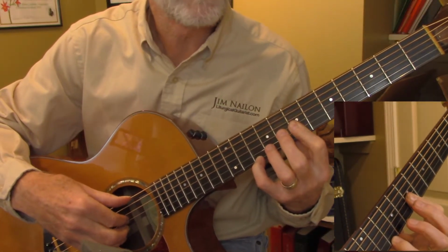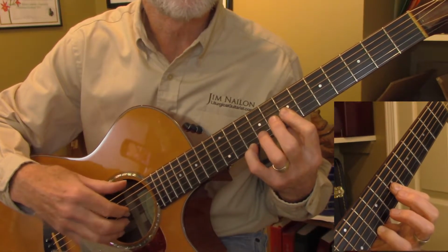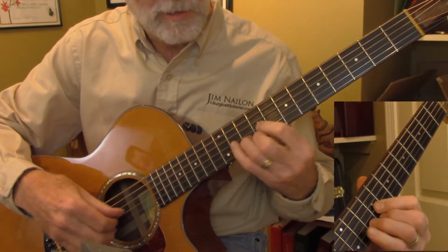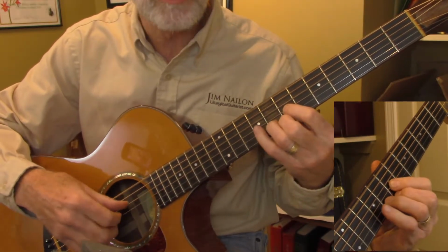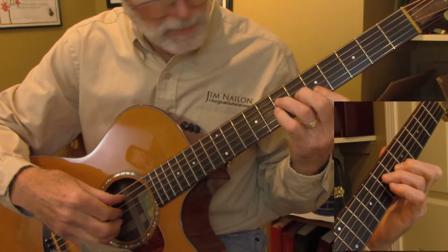Where are we at here? We're about measure 18, I guess, on the top of the 2nd page. Just work your way back down. There's the A chord, the G chord. Then you go into a short A chord here, playing the open A bass, and then